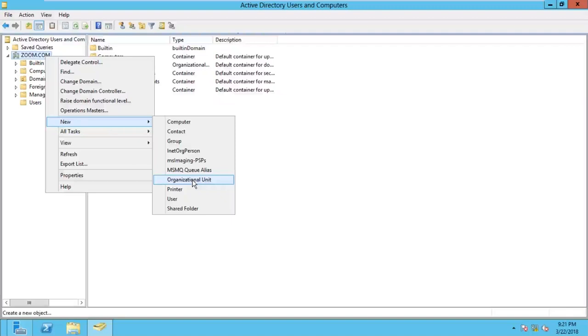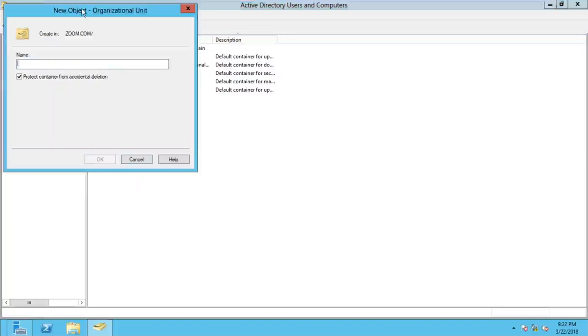Right click on domain name zoom.com, click on new and click on organizational unit. Now once you click this organizational unit, one new page will open and in this page it is asking for the OU